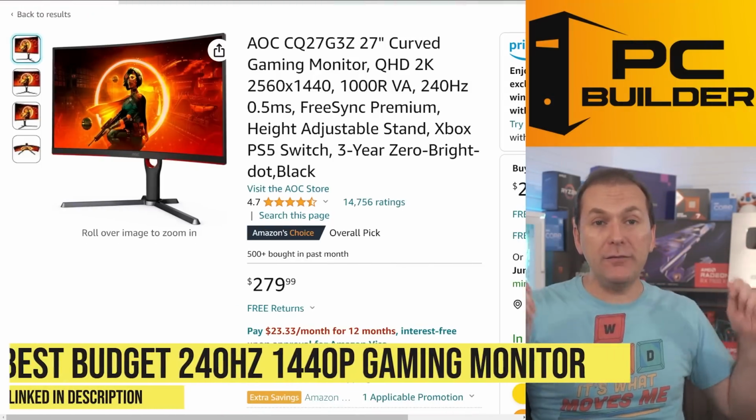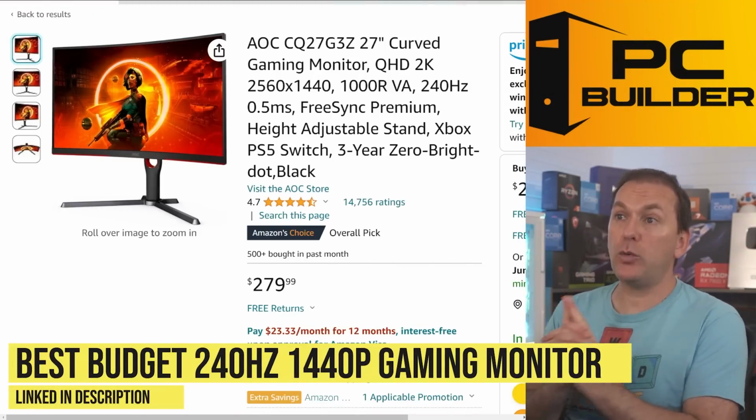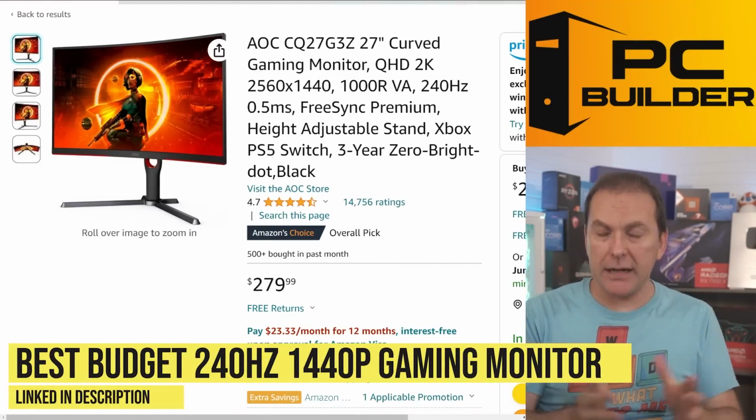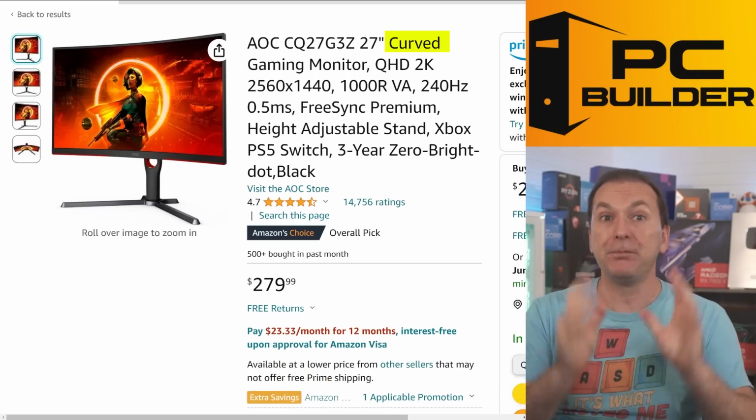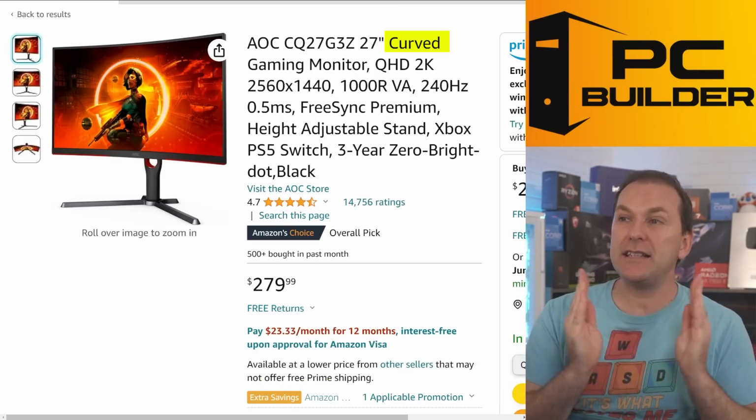Let's jump into the best 1440p 240Hz gaming monitor in 2024. Now I'm going to give you my budget pick, and then I've got a whole bunch of flat IPS ones. The budget pick, obviously, curved VA panel. Phenomenal curved VA panel though. That is the AOC